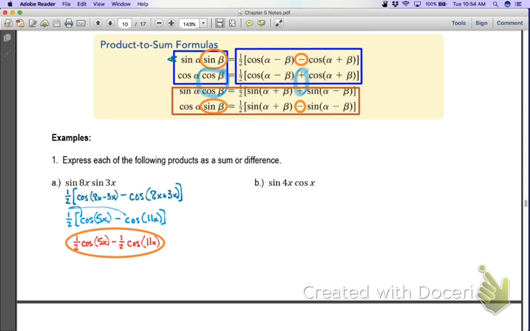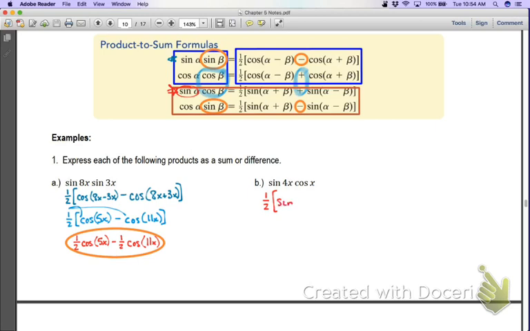Same way then on letter B. So I have sine and then a cosine. So it fits here. They are different. It's going to fit the third one here. Okay, sine first, cosine second. So it's going to be an addition. So I'm going to have 1/2, bracket,